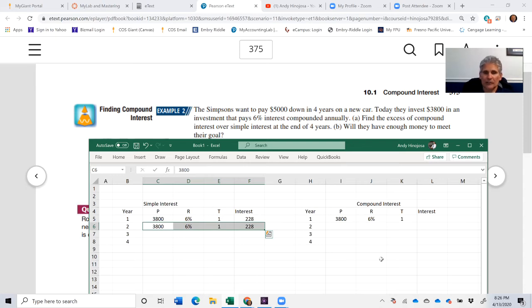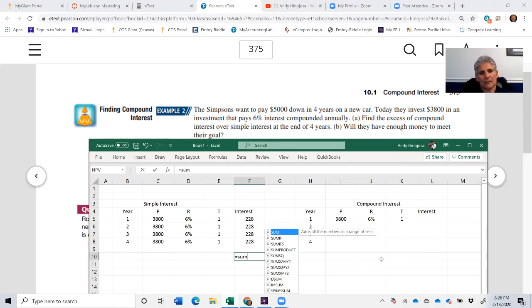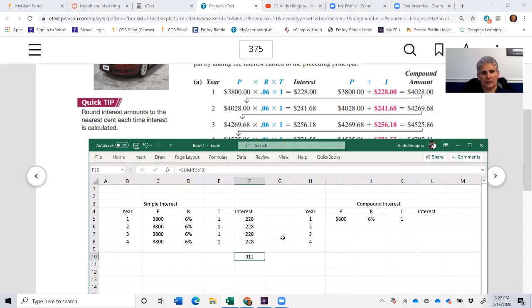The principal is still going to be the same. It's still the 6%, and we're going to run that number for 4 years, and understand that when we're using simple interest, the principal doesn't change. The principal remains $3,800 every year. So in the example of the simple interest, the total amount of interest earned is $912. Okay, so we have the simple interest. Now we'll go ahead and compute the interest